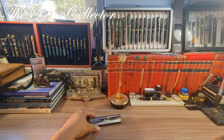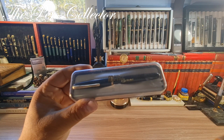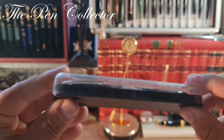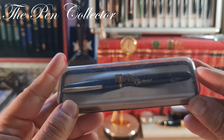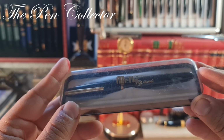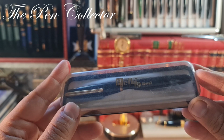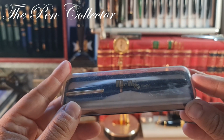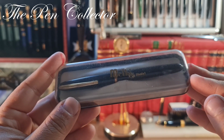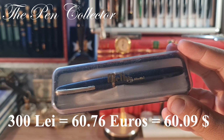I just bought this beautiful fountain pen, and I believe that this is its original case, its presentation case. This is a MELBI fountain pen from Germany, and I suspect it is from the 1960s or the 1970s. First of all, guys, I bought this second hand and it cost me only 300 lei, or the equivalent